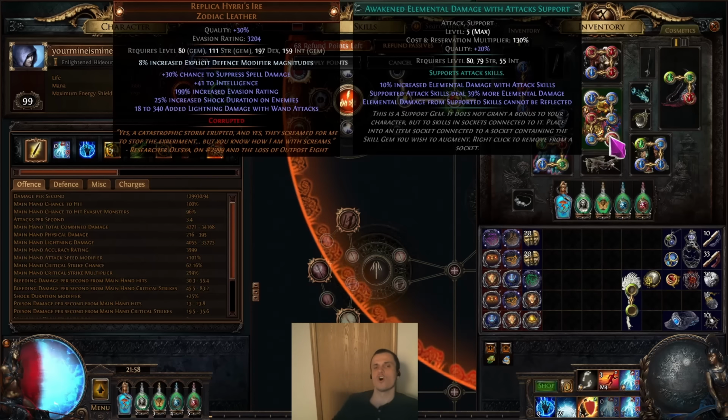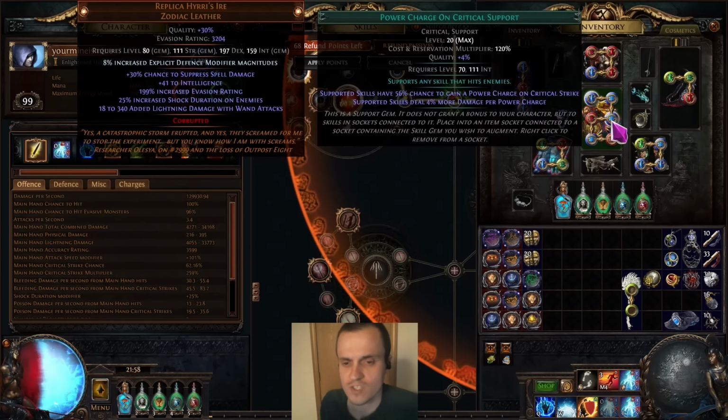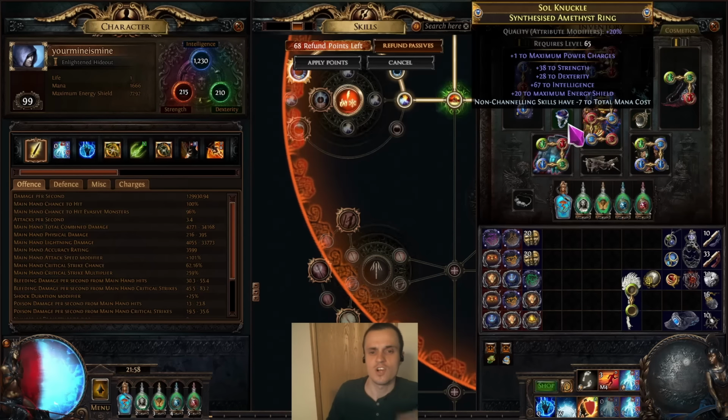So gem links overall, I'd give them like an A to an A plus. We get pretty darn good damage scaling off of our links. I've got to say this build takes pretty good advantage of gem link damage scaling. A plus that. The rest of the gear I wanted to go over, like I said, we get 11 power